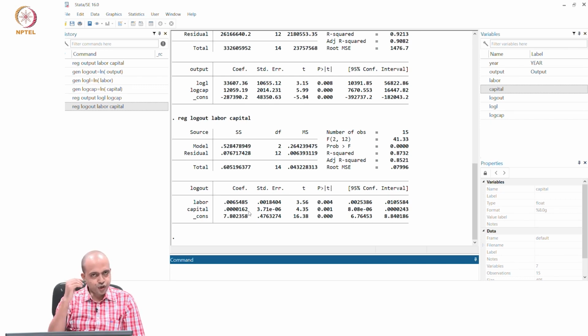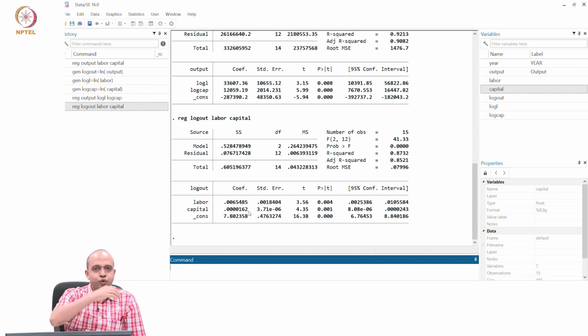Okay. So, when your dependent variable is log transformed but the independent variables are not, the interpretation is that you need to multiply your beta hat by 100 to get the corresponding percentage change in yi, because you are first getting an e to the power beta hat amount of change in y, which we do not want. Then lastly,